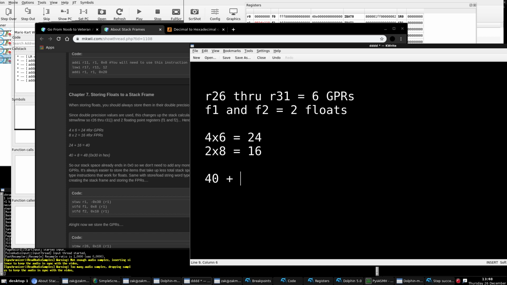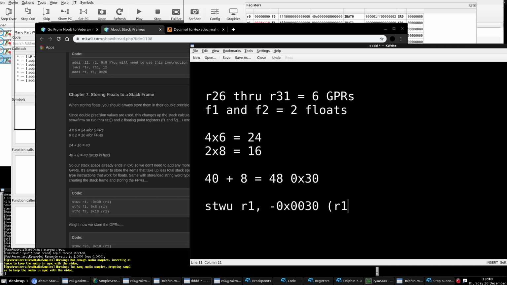Now remember that special 8 number we always have to add for accounting for the padding, the word of zeros for the padding and where the old stack pointer goes. That equals 48 or 30 in hex. And we see our hex number is already divisible by 10, or it ends in a 0 digit, so we don't need to change it at all. So thus, if we wanted to do the stack frame for this,